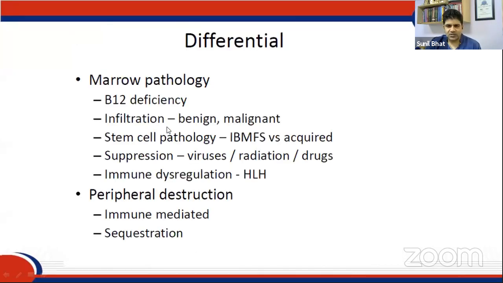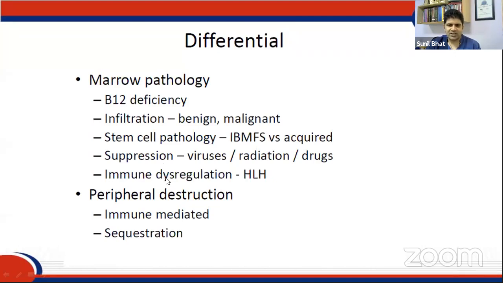Now, if a patient presents with pancytopenia, what are the differentials which we need to consider? It can be a marrow pathology. It can be something related to the bone marrow itself, like inappropriate production in B12 deficiency. It can be infiltration from outside, like malignant infiltration, or sometimes benign infiltration also into the marrow. There can be a primary stem cell pathology, that means stem cells are not working appropriately, like in inherited bone marrow failure syndromes. The marrow can be suppressed by chemicals or viruses, and sometimes there can be immune dysregulation or destruction,